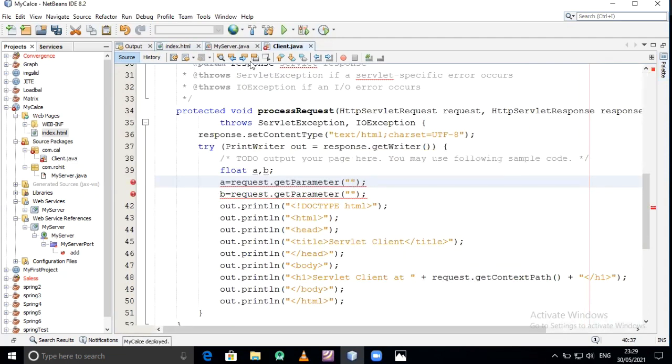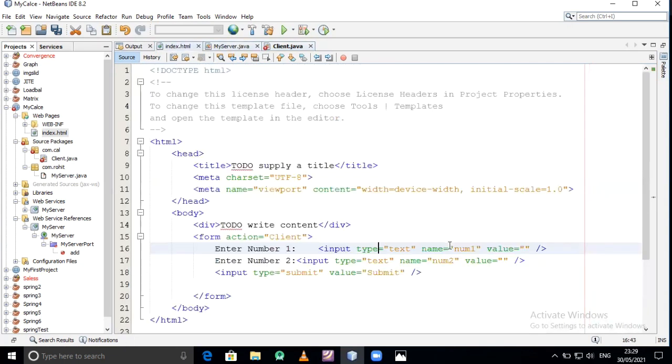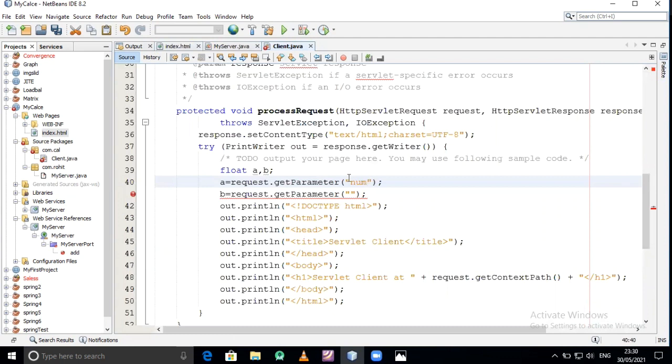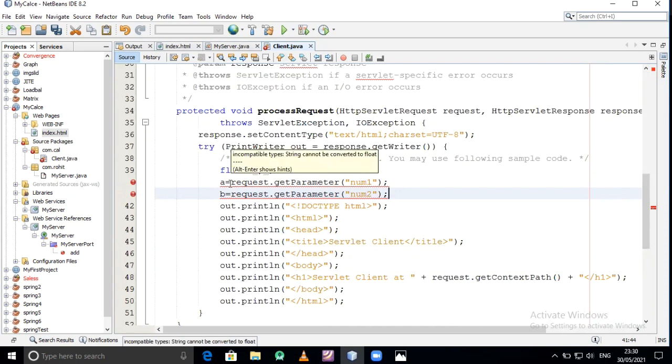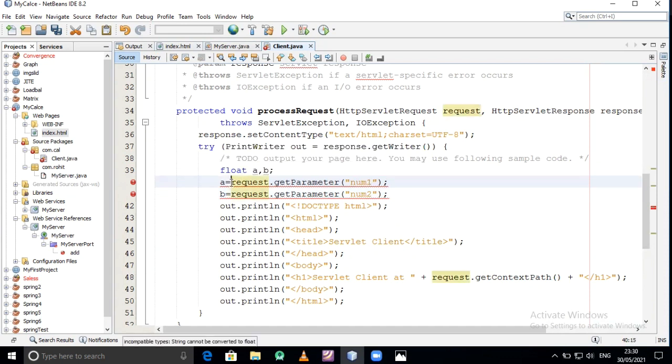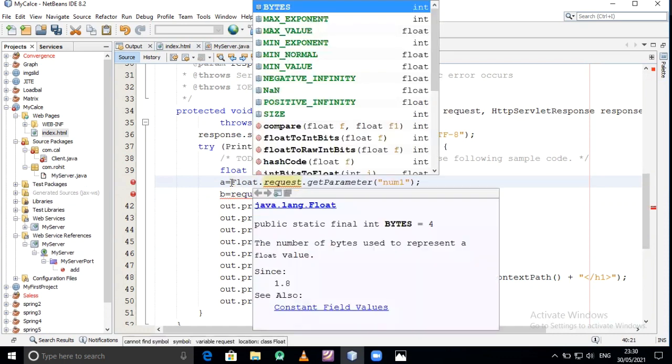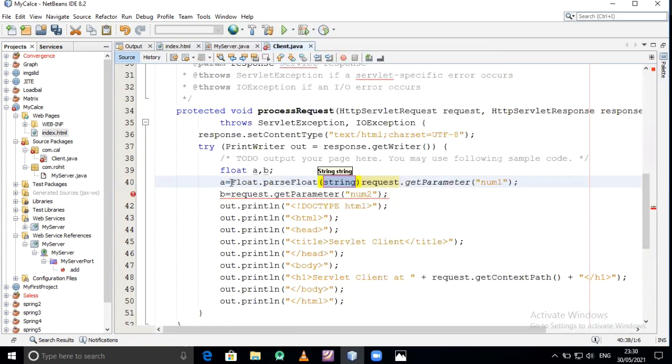Here I am giving the variable names num1 and num2. So in this servlet, num1 and here num2, and an error is coming: incompatible type, String cannot be converted to float. So we again typecast with Float.parseFloat. Request.getParameter num1, again float.